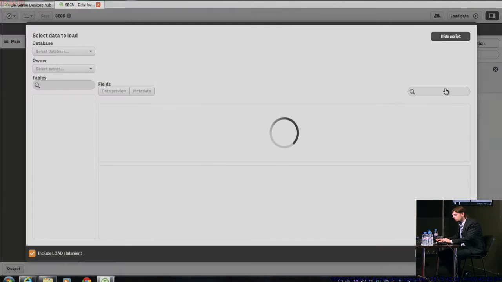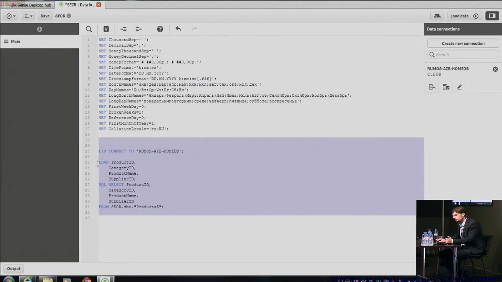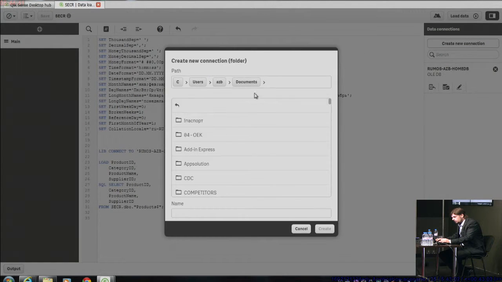After that, we have to get the data. Download, database owner. The system gets a list of tables. We choose the table. So this is a preview. We can see the structure of data here. Then we have to insert this query into a script. Then we plan to build a connection to table files